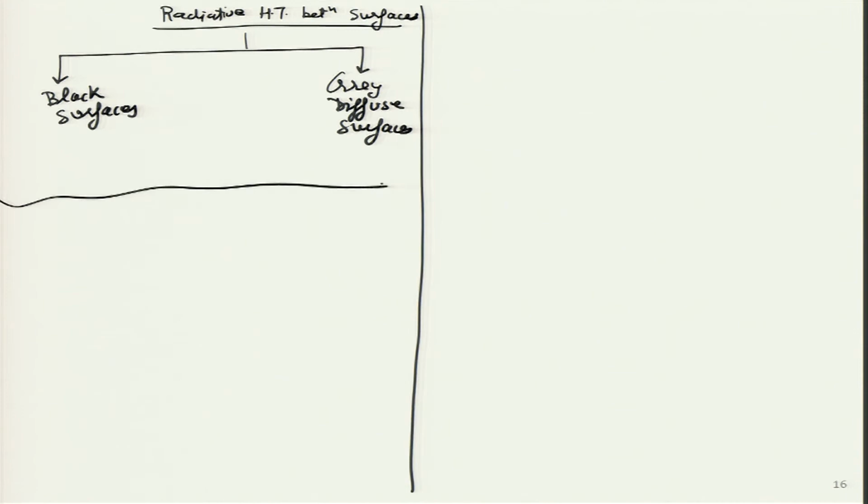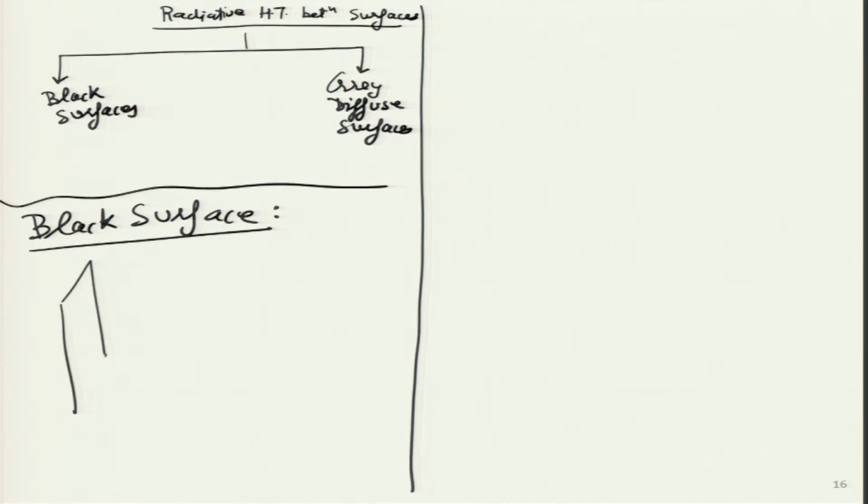So, today we will start with black surfaces. What is a black surface? Any surface which behaves like a black body is a black surface, and we are looking at a minimum of two surfaces over here. I can make this surface 1, and let us say I change the orientation over here. This is surface number 2.